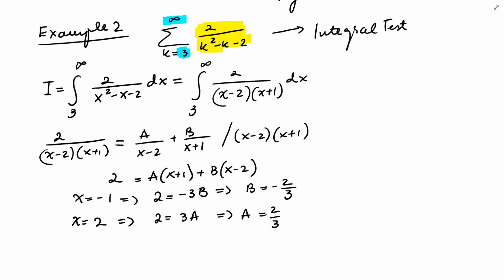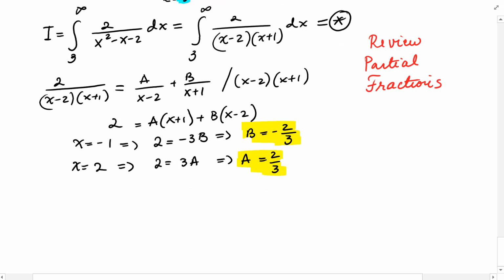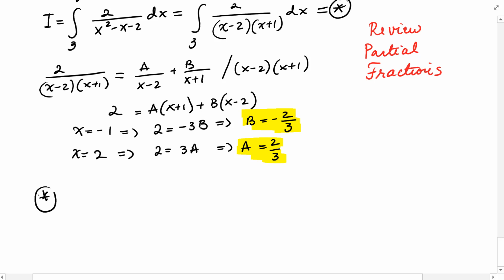So following the partial fractions, if you don't remember that, make a note and review partial fractions. There is a video about that as well. So I calculated a and b, and a is 2/3 and b is negative 2/3. So our integral now, I'm just going to separate it and continue from here, is going to equal